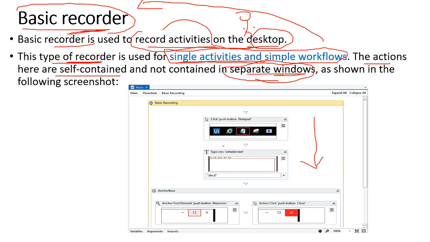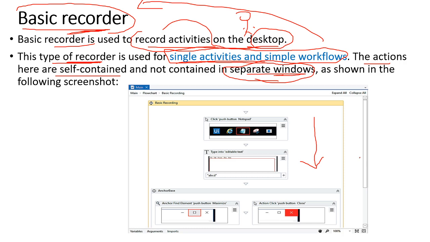See, what we are doing in this example is, first, we have recorded the action of clicking the notepad icon on the taskbar. Then we are focusing on the type area, or the editor area, of the notepad. Then we recorded the action called maximize. Then we recorded the action of closing the notepad by the human being. Don't worry about this. I will practically explain how to add these actions one by one in UiPath Studio in the coming class. Clear?